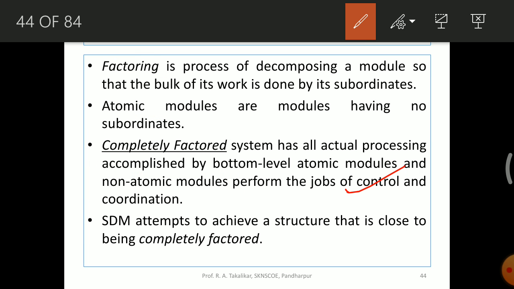As I said, the job of controlling and coordination will be done by non-atomic modules, whereas atomic modules are like the leaves of the tree, in data structures, the bottommost nodes. So the atomic modules perform actual processing, and non-atomic modules perform only the job of controlling and coordination. Very simple.